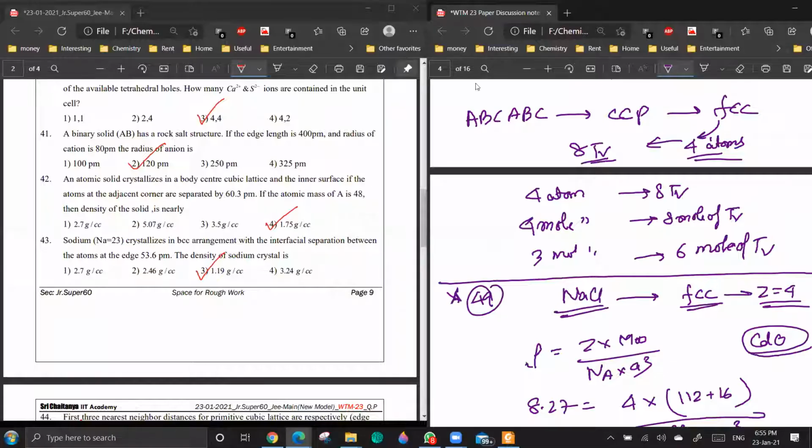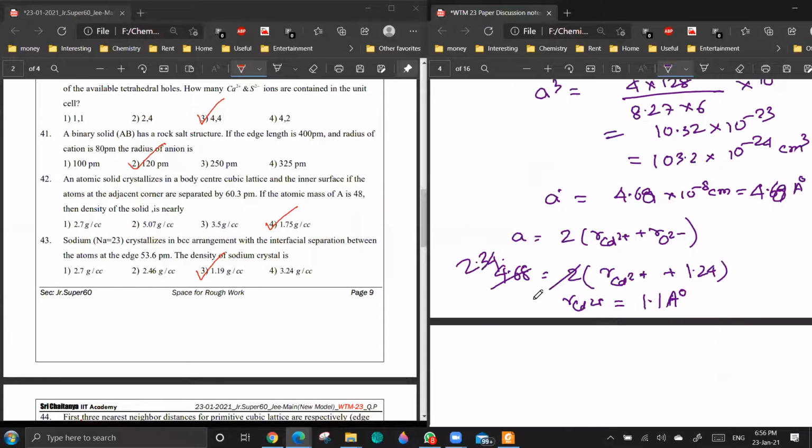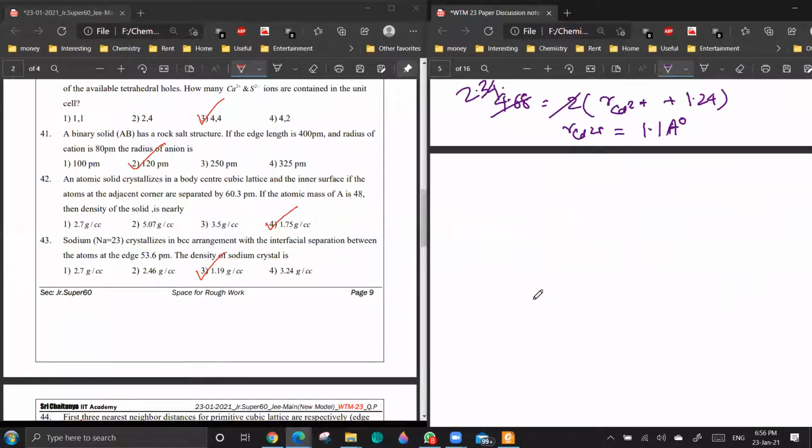Okay, can you just tell me the method? I was not getting these density problems correctly. Okay, so question 42, it is something like